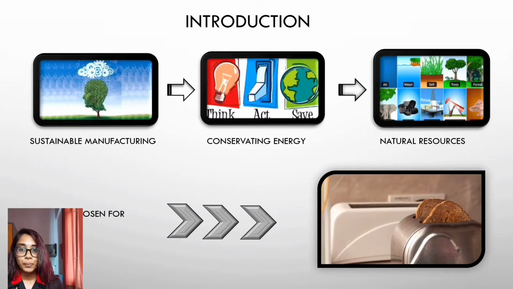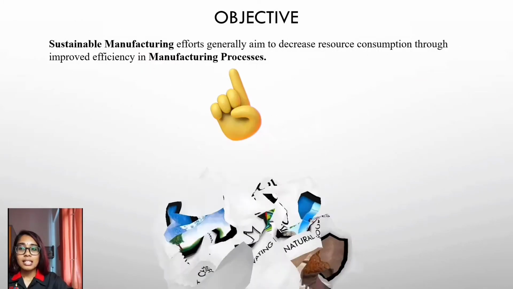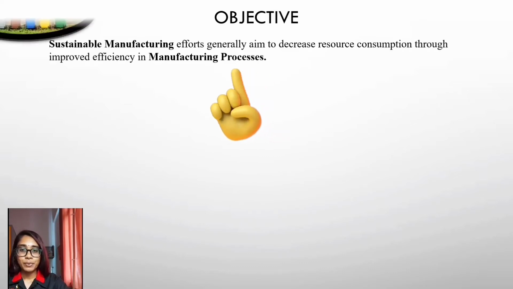However, few of the components are not sustainable, in regards to their end of life, material selection, optimal life, product use, distribution, material usage, and also new ways of doing it, which will be discussed in detail in the upcoming slide. Moving to the objective of the project, sustainable manufacturing effort generally aims at decreasing resource consumption through improved efficiency